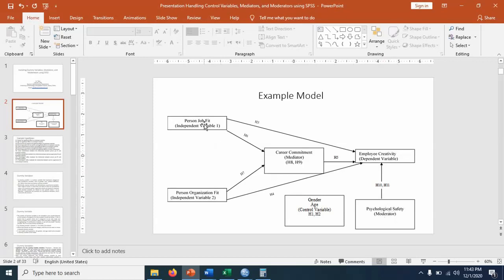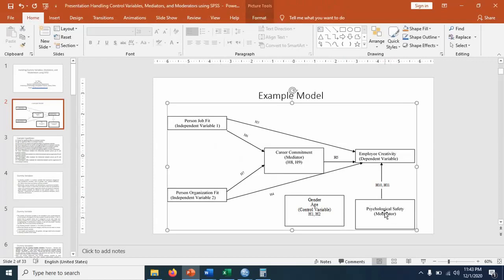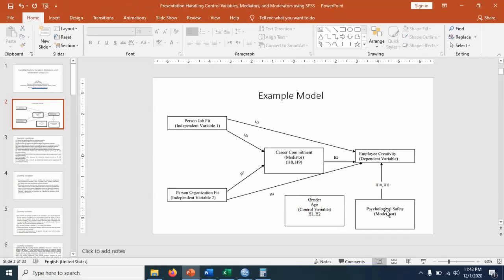One moderator will be between person job fit and psychological safety, the multiply effects or interaction effects, and the second moderator will be person organization fit and psychological safety. If you have two moderators, it will be 2 multiplied by 2, 4 moderators we have to create. If you have 3 moderators, you have to multiply with that. So for example, 2 independent, 3 moderators, that will be 6 moderators you have to calculate.